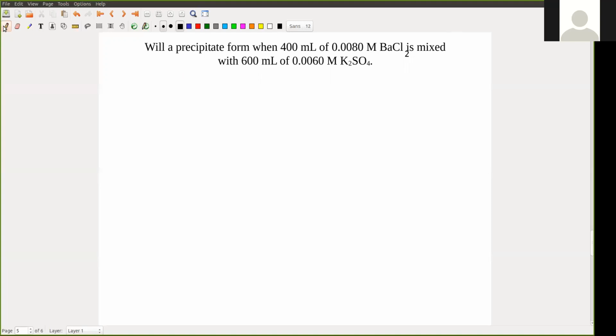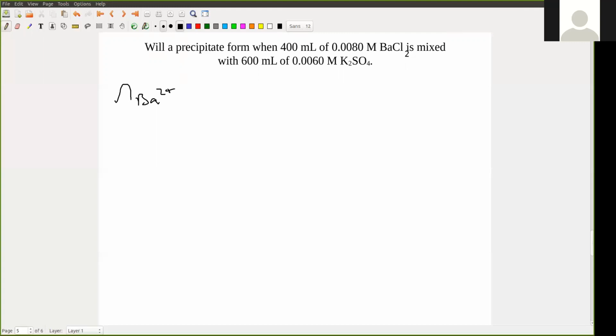So what we need to do in this case is we need to calculate the concentration of barium ions and the concentration of sulfate ions in solution. We have 400 milliliters of 0.008 molar barium chloride and 600 milliliters of 0.006 molar potassium sulfate. So the first thing we need to do is calculate the number of moles of each species. So we'll start with barium,